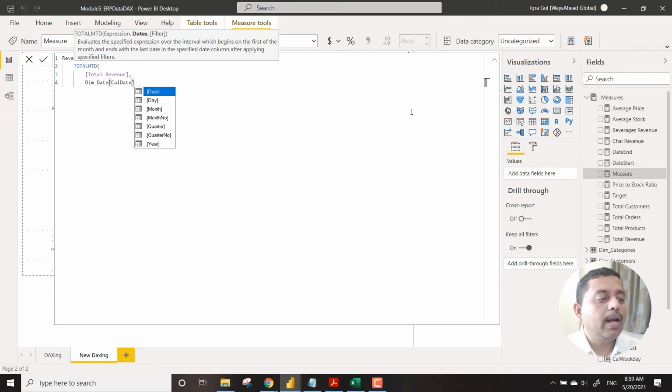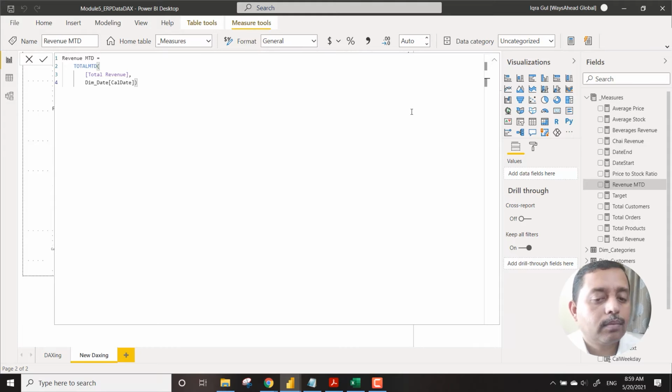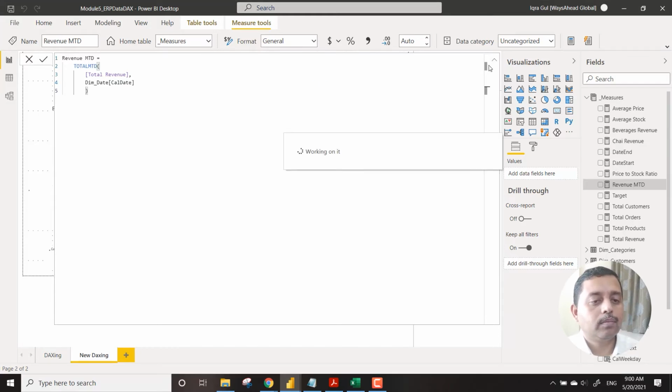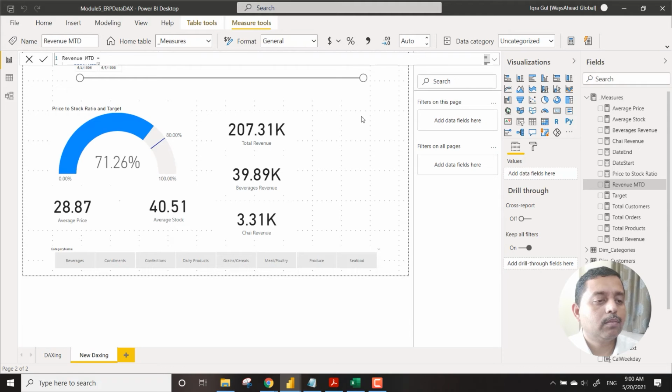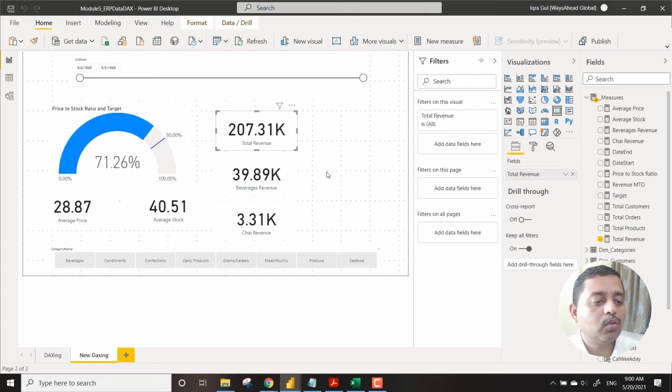So we go to cal date and we simply close this bracket and we press enter. So revenue MTD has been formed. Ideally this particular bracket should come over here.